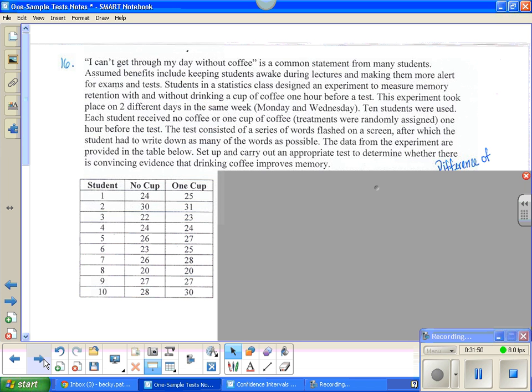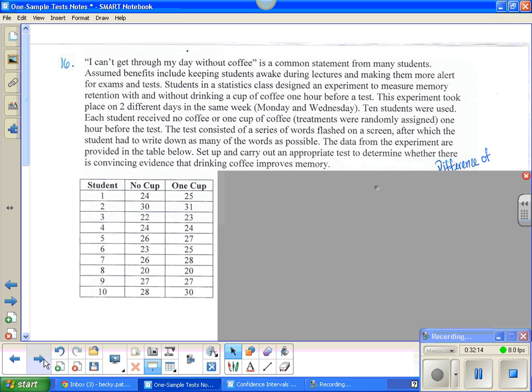The test consisted of a series of words flashing on a screen, after which the student had to write down as many of the words as possible. The data from the experiment are provided in the table below. And did they give us the difference? No, we have to find it. Set up and carry out an experiment to test to determine whether there is convincing evidence that drinking coffee improves